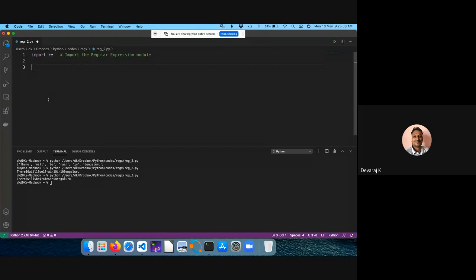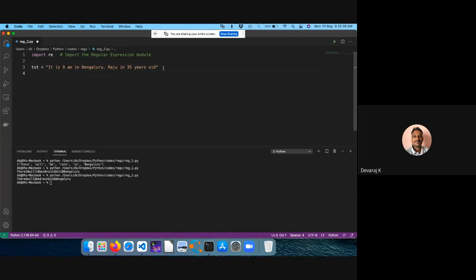Let the string be some text is equal to, "9 a.m. in Bengaluru, and Raju is 35 years old." I'm trying to put a string that has some numbers, and now I want to extract only the numbers.